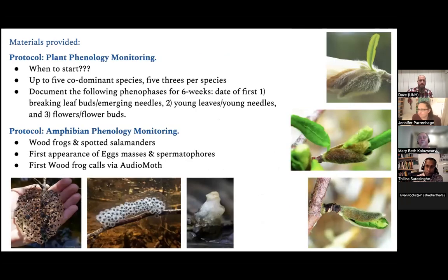So, moving on to the actual phenological measurements. When do you start? Well, you need to have some knowledge about your locale. And we have recommended in the protocol for amphibians: when do wood frogs start calling in your locality? Well, there is a nice citizen science framework called FrogWatch. You can log into FrogWatch and follow up in your area when people have started recording,